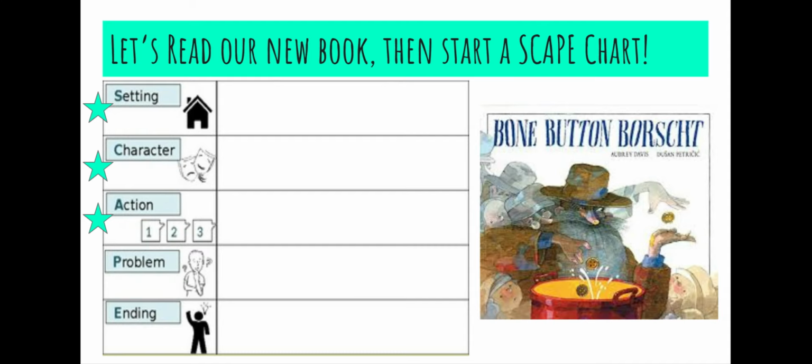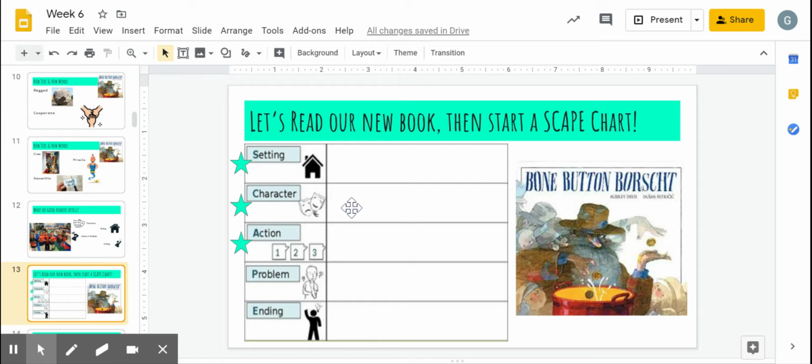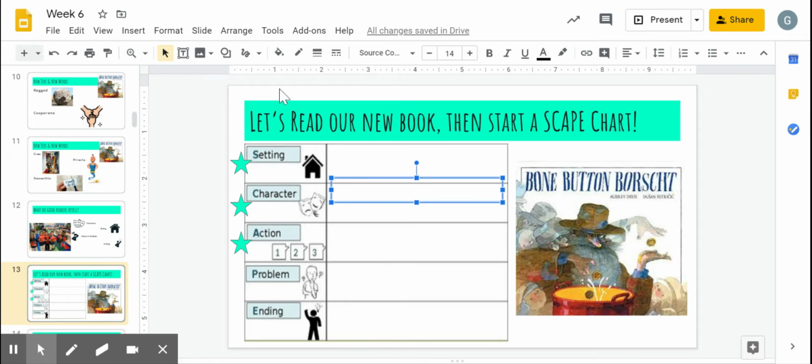Now, in this story, we have two really important characters and then a big group of people who are kind of important. In our character box, I want you to tell me the two important characters first. If you need help describing the characters, I can help you spell those names.